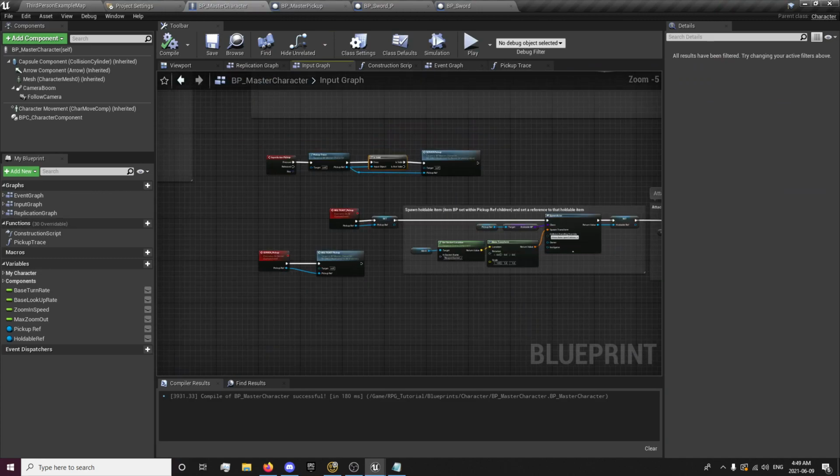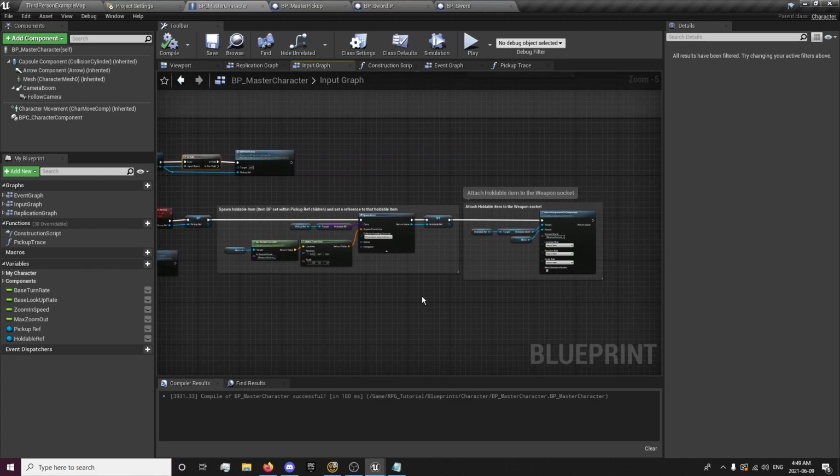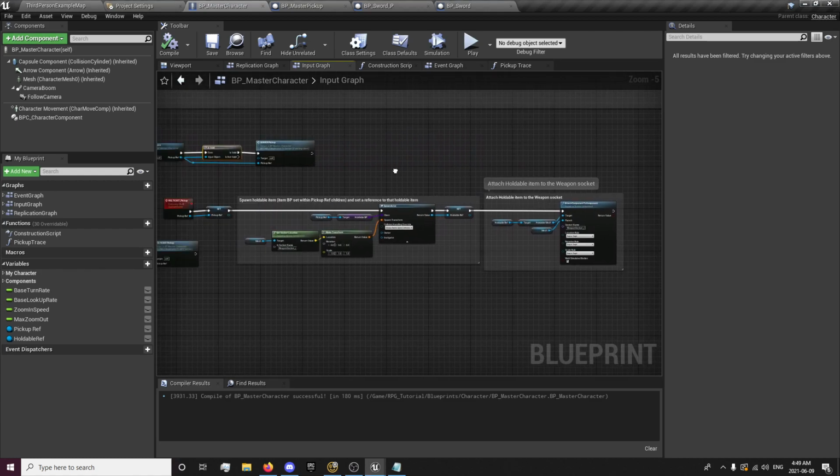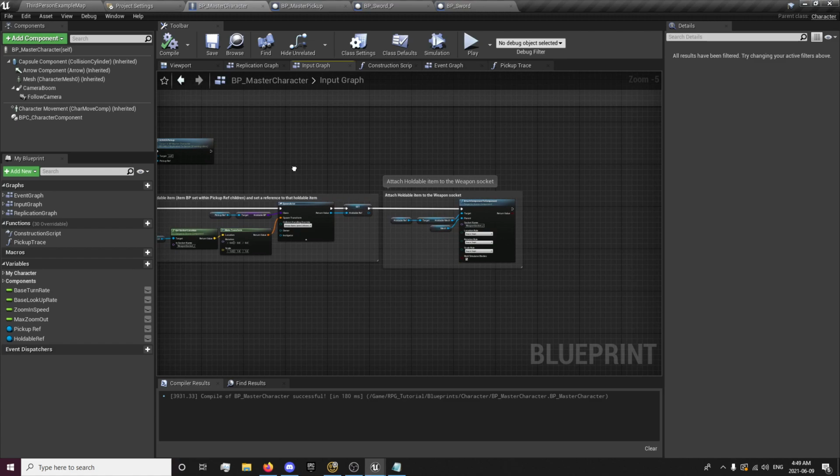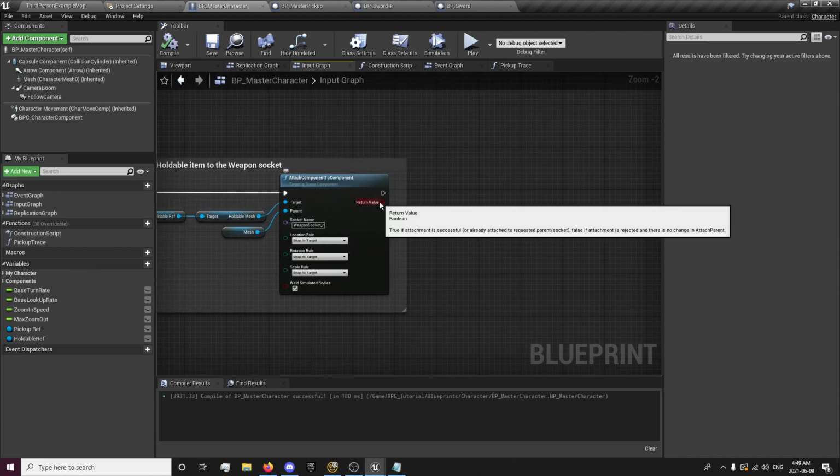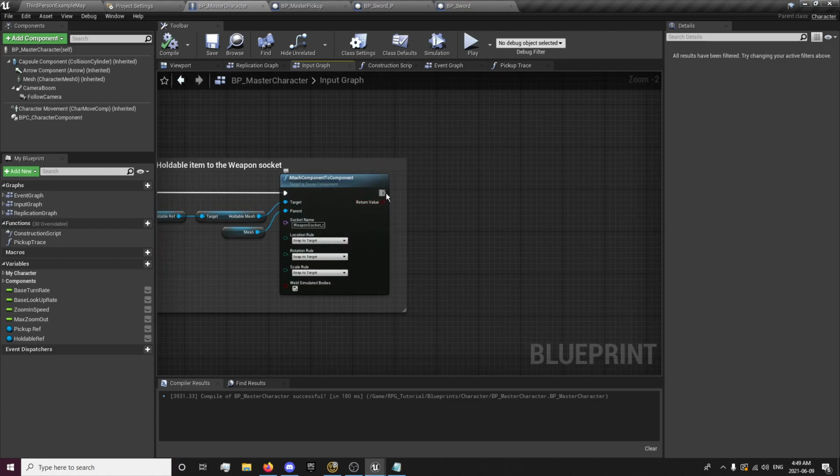Now we just want to set up destroying the item, and that will be it for this video. The next video we'll work on setting up the data table, cleaning this up a little bit. We'll also work on setting the stance, and next video I think I'll import the melee animations. So we want to